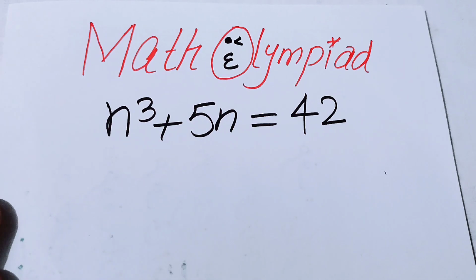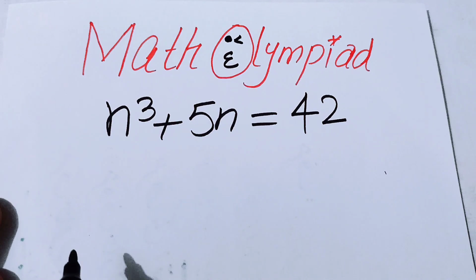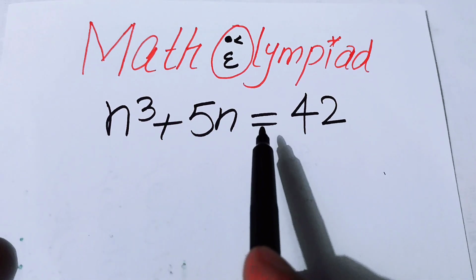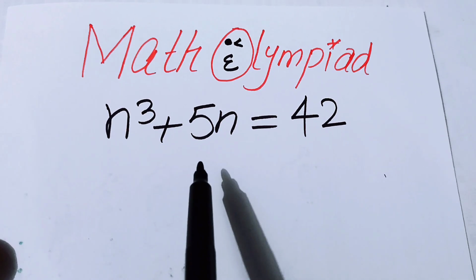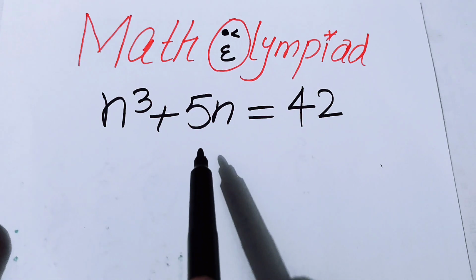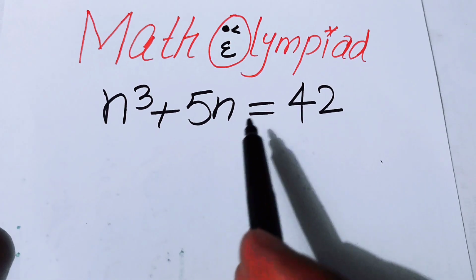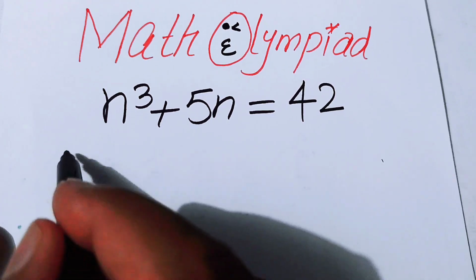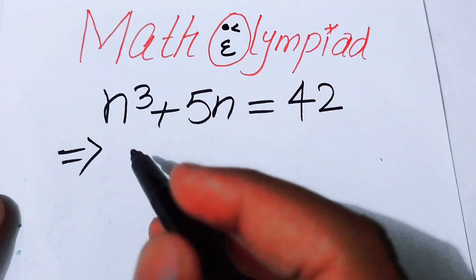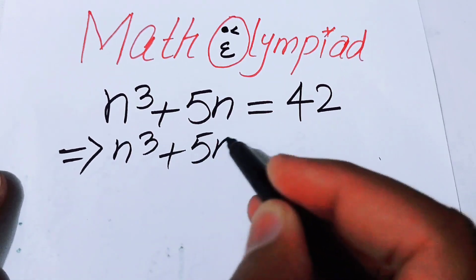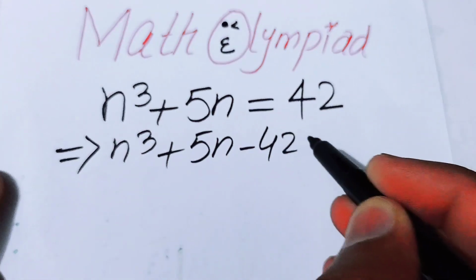In this video we are going to solve this nice algebra problem. Here we have n cubed plus 5n is equal to 42, and we will solve this problem for the values of n. So the very first thing we are going to do is move this 42 to the left hand side, and you will get n cubed plus 5n minus 42